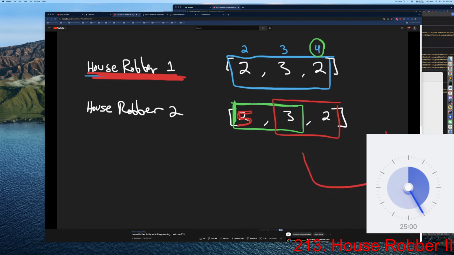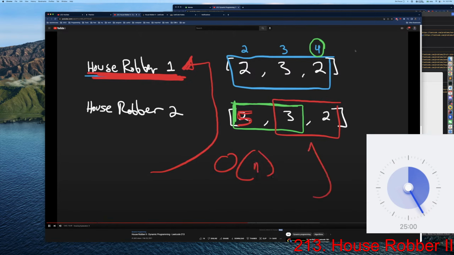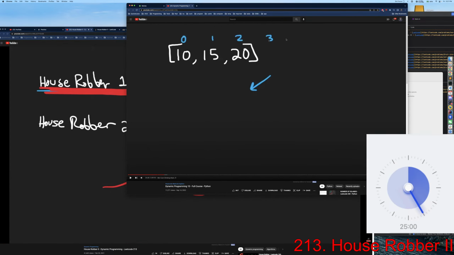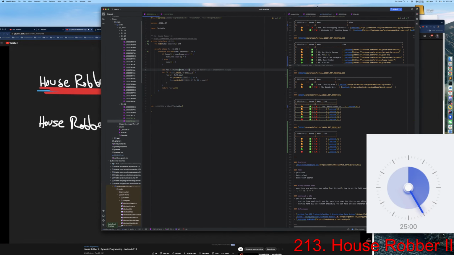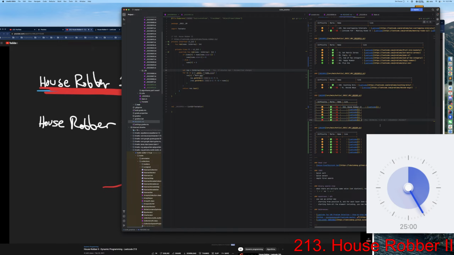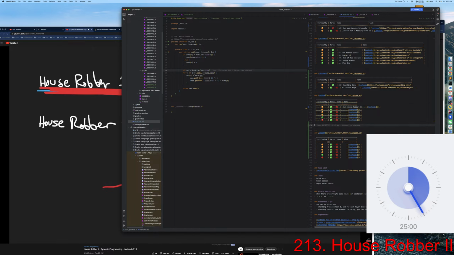And once you can basically identify this problem, it's pretty straightforward. Since, if you might remember, the house robber 1 algorithm is a linear time algorithm, O of n, all we're doing is calling that same algorithm twice, so the time complexity is going to be big O of n, right? And the memory complexity is going to be O of 1 because we don't really need any extra data structures for the most part. So now let me show you the code